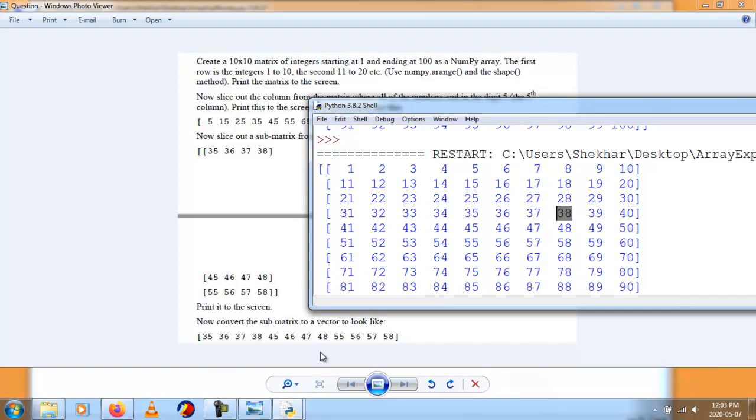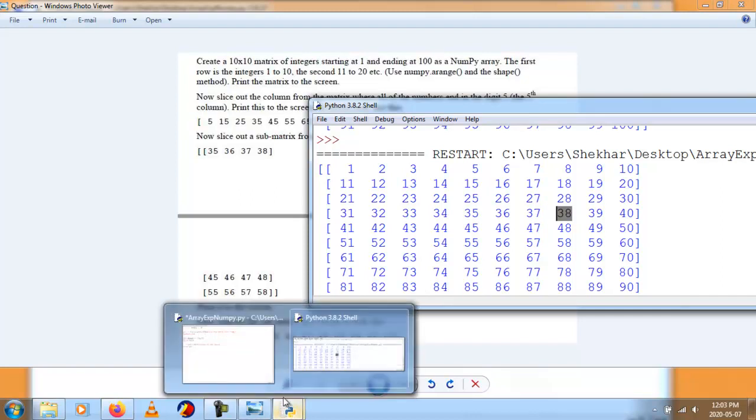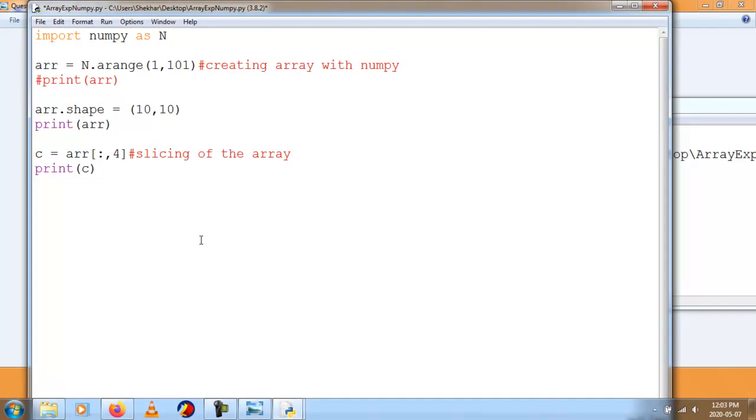So for that I will write the code. I will create one more array. D is equal to array of 3, 4 to 8. So that's one thing. 4 to 8. Third row, fourth index.